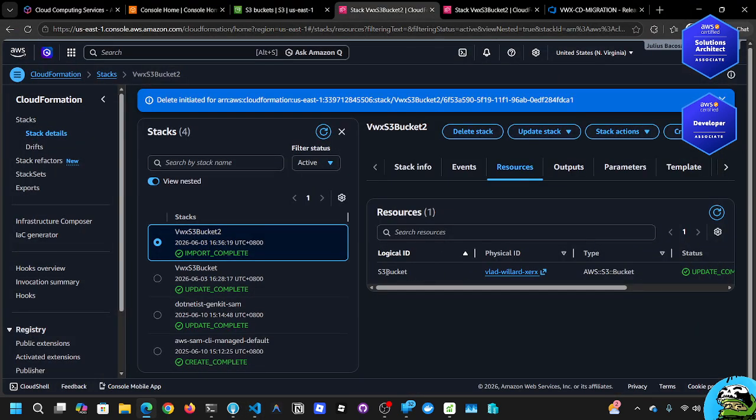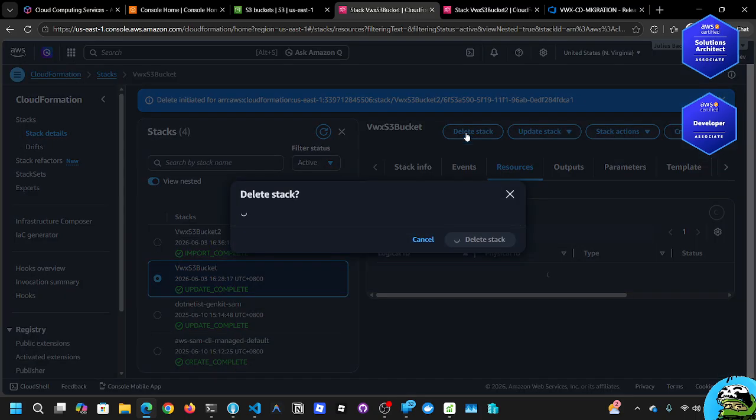All right, so the stack name that this VWX S3 bucket 2 is also S3 bucket. Same with the same logical ID that was defined in VWX S3 bucket, the old stack. So at this moment, we can now safely delete this stack because we don't need this anymore, and we already have